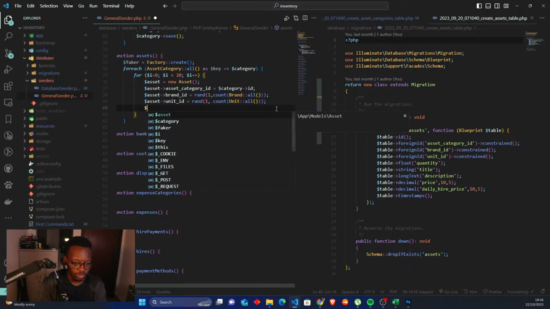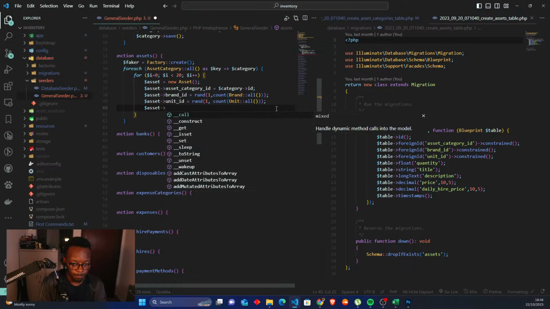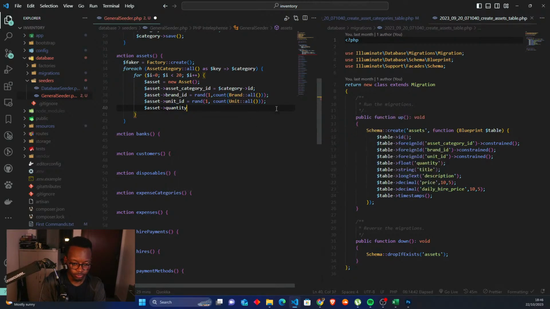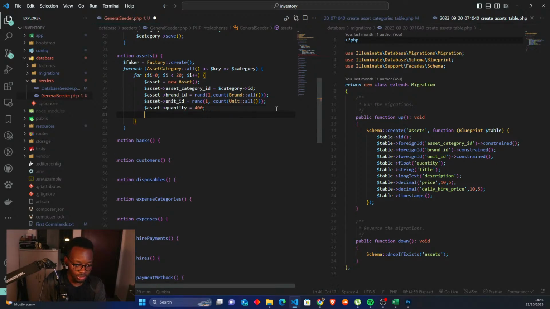Okay, so let's move. Quantity. Quantity is going to be equal to a universal quantity, like 400. And then we're going to come in here and say asset